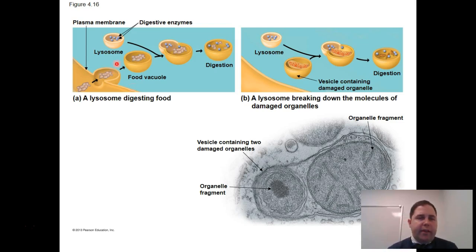So if we have a vesicle or a vacuole full of food, the lysosome could engage with it, and then everything inside will be broken down. The cell can actually put a vesicle around organelles that are damaged and fuse that with the lysosome and just break down, say, a mitochondria it doesn't need anymore, and then use those parts to build something new. So a lysosome is a membrane sac full of digestive enzymes.